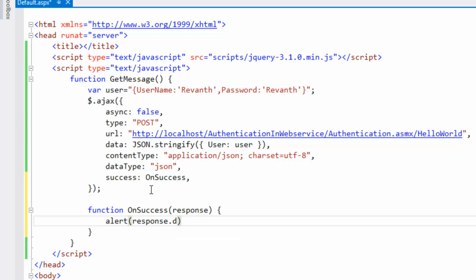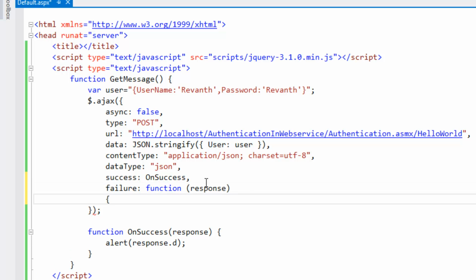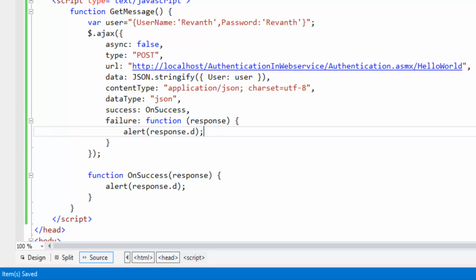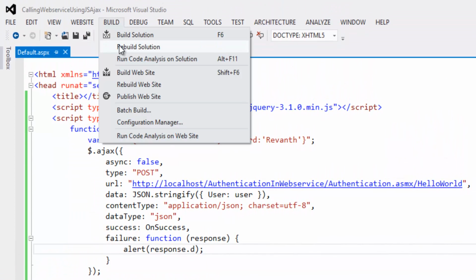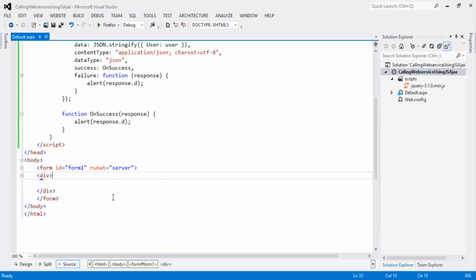Response.d, and for failure we can define the function here also. Let's save the project and build the solution. So build succeeded. Let's write a button